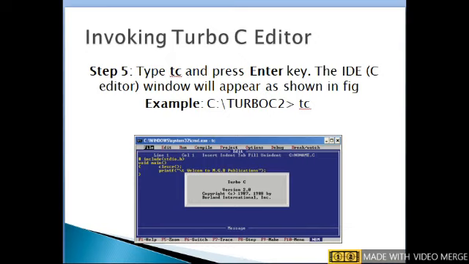Now type the command tc, then it opens the Turbo C window. In this way, we open the Turbo C editor.